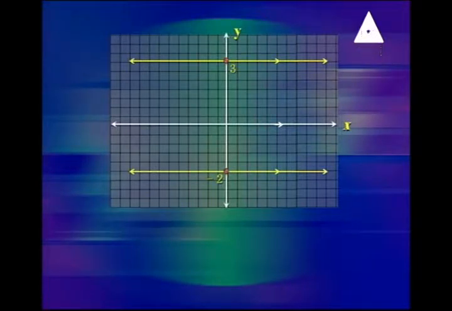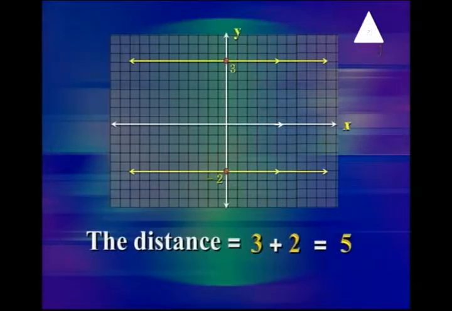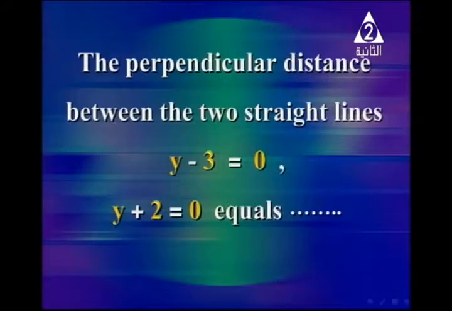Can you find now the distance between the two straight lines? The distance must be the perpendicular distance. What about the distance between these two lines? Yes, it is 3 units plus 2 units to obtain a result as 5 units. So in this case, we can say that the distance will be 5 units. Another example,